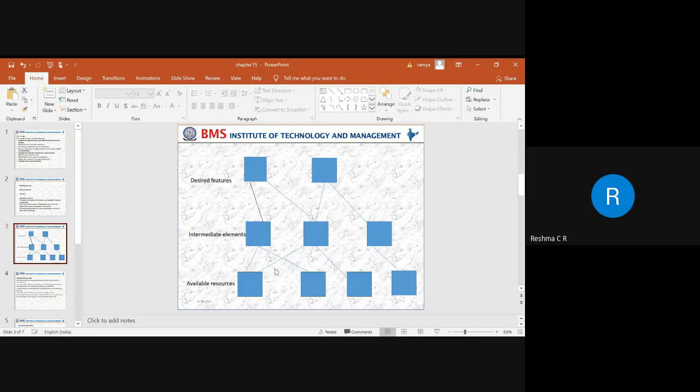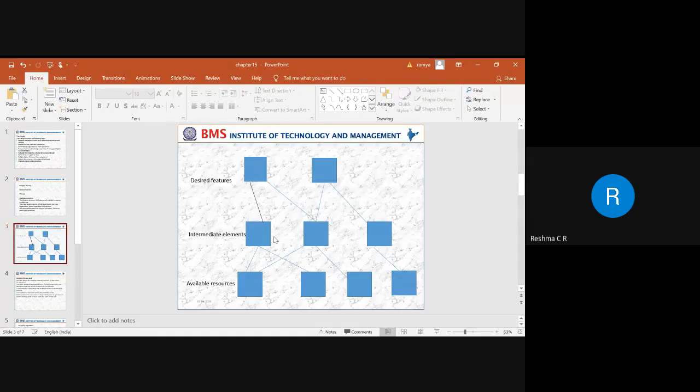For that, we use the intermediate elements. These intermediate elements can be attributes, operations, UML constructs, a sequence diagram, or a flow chart, showing how the operation is going to flow. That can be taken as intermediate elements.